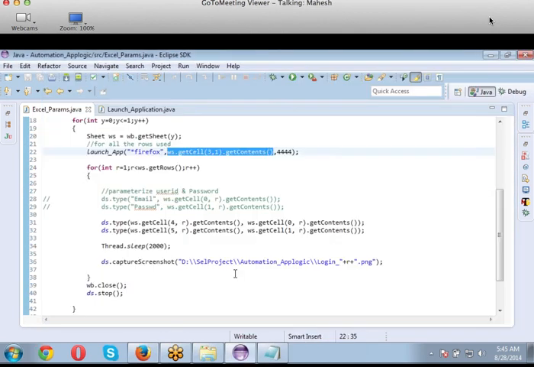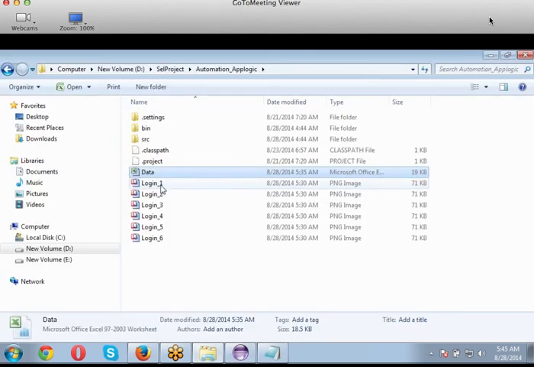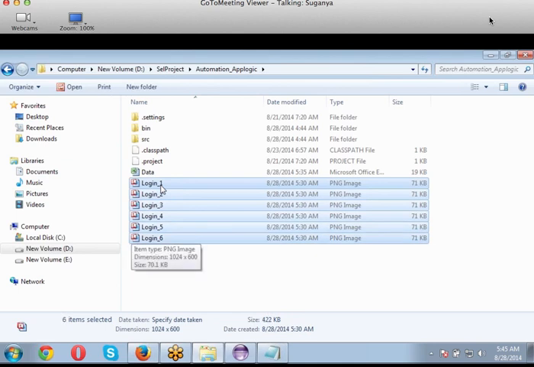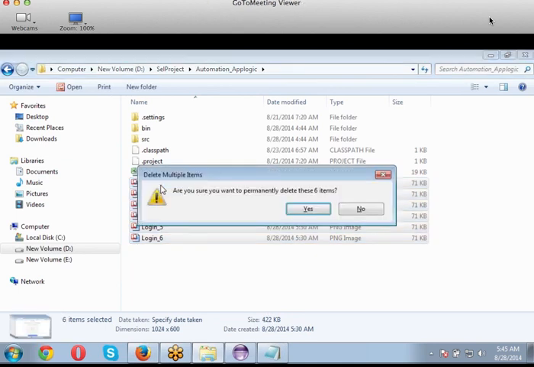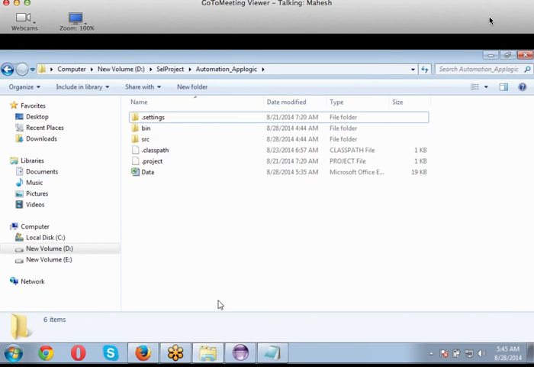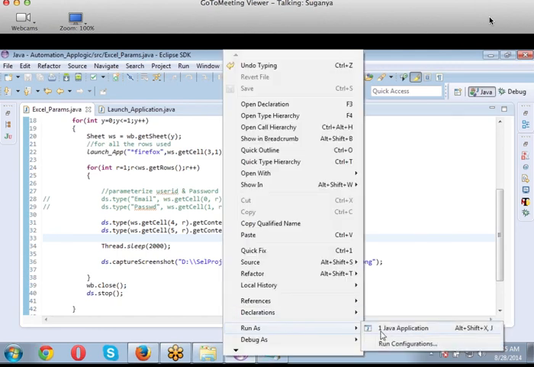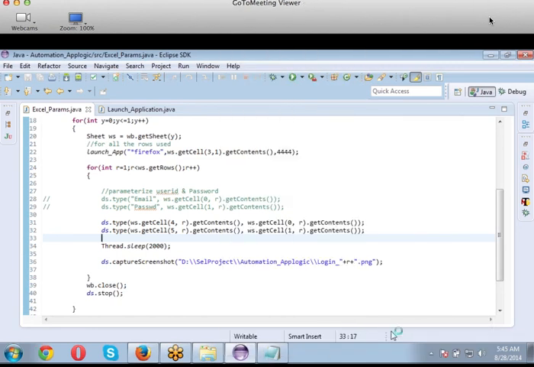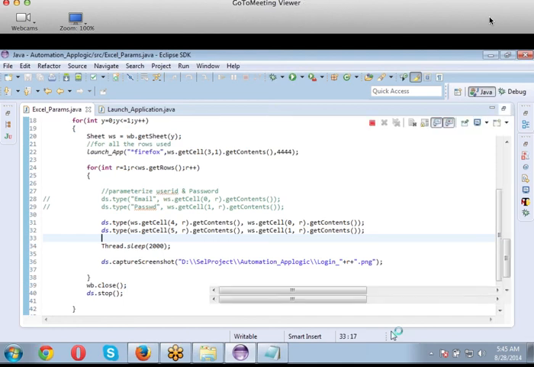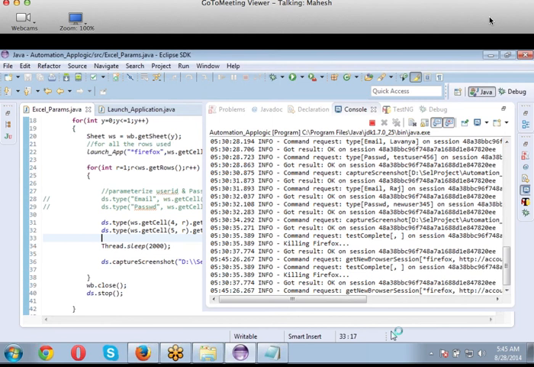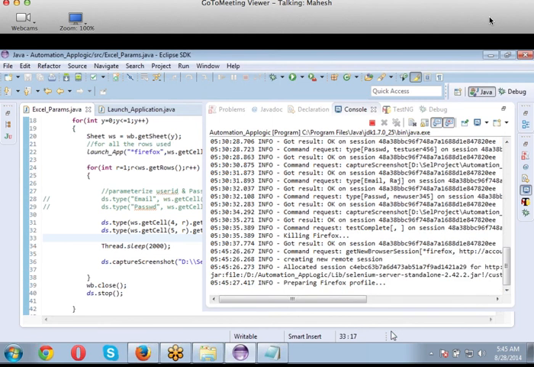What will you do here if there is some error? We will debug. No, I'll give it as an assignment for you. Okay? Yes, we can learn more. Yes. There you go. I'm running this now. We are using Firefox only. I know. We'll change it to Chrome. We'll change it to IE. Don't worry.